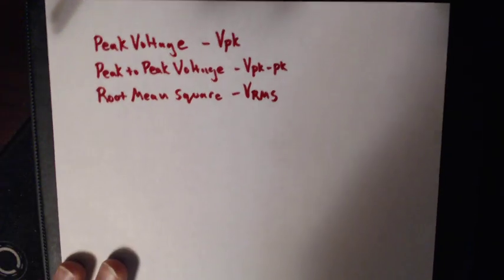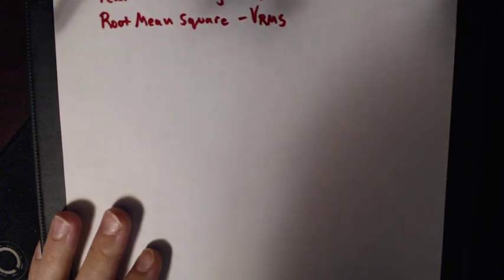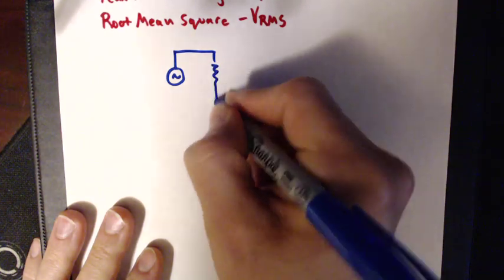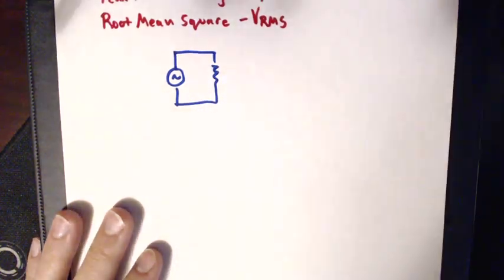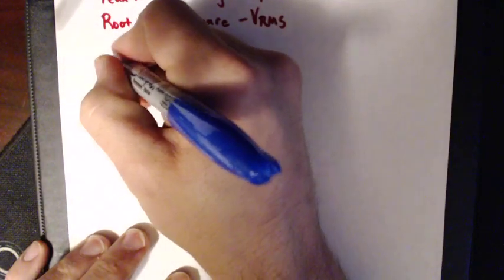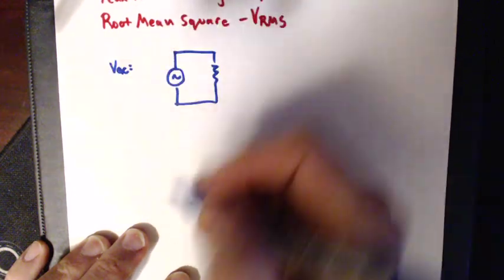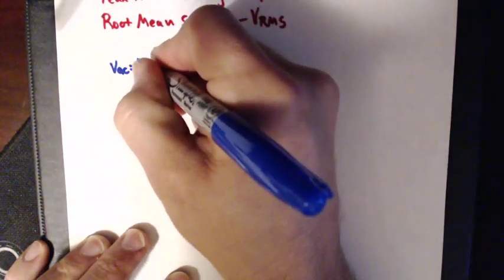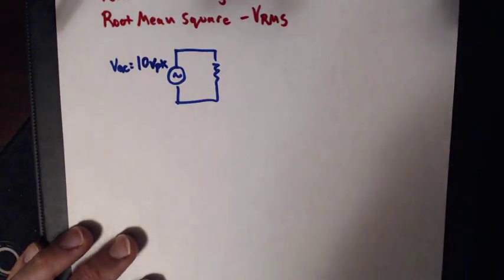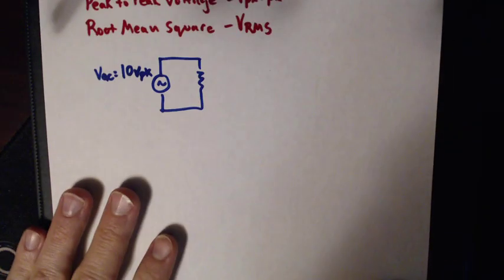So again, let's go ahead and set up our really simple circuit over here. And we're going to say VAC is equal to, we'll use 10 volts peak. Okay, so now we're going to be actually specifying the magnitude of this AC voltage source as a peak voltage. Now, if we go ahead and look at that on a graph,